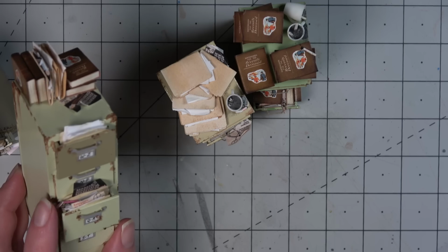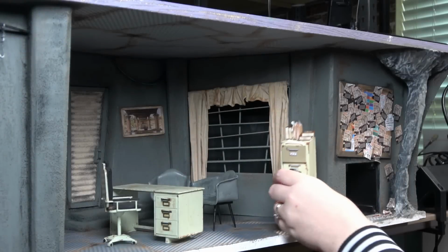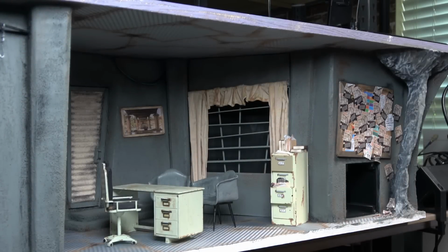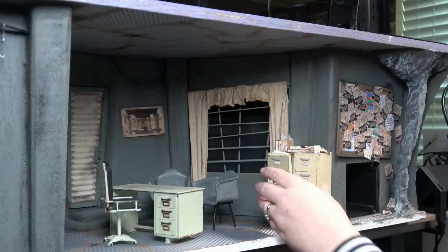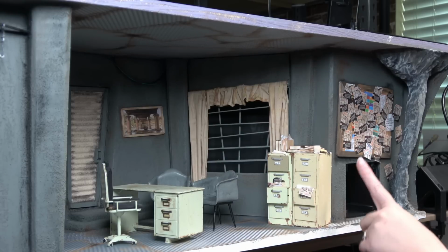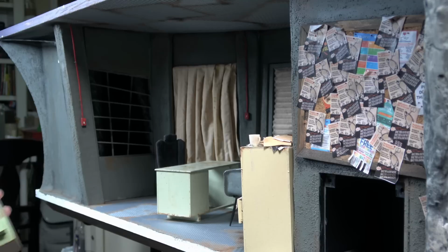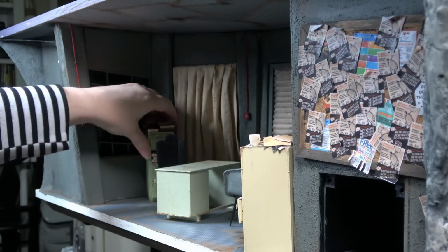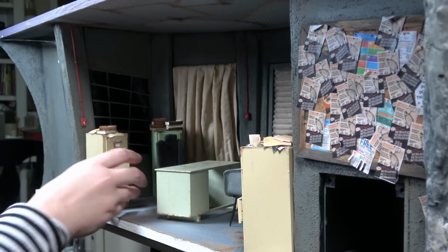I thought the Wonka bar would be such a fun addition because Tim Burton also did a version of Wonka. So thank you for sending those, Billy. Now that all of Juno's vices are in place, we can start putting in the filing cabinets with the rest of the furniture. And as I said, we have plenty of Beetlejuice flyers that match along with the pegboard I installed previously. I'm going to be adding the filing cabinets behind her desk on either side of this window, and